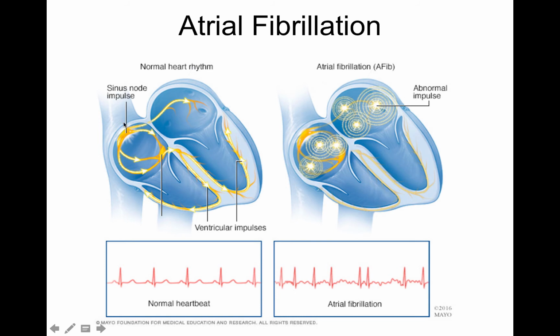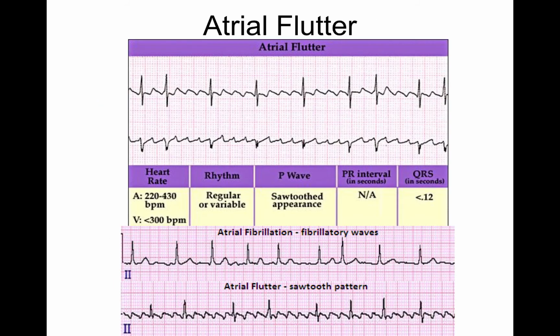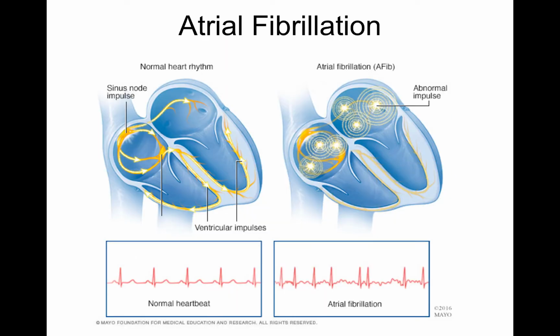So normal, SA node for sinus rhythm, everything looks good. Atrial fibrillation, the atrias are having a freaking seizure, and they are just going crazy, and they're trying to fight for their impulse. One thing that I want to talk about too, not to get confused with atrial fibrillation, is something called atrial flutter. Atrial flutter is pretty much the same thing or same pathophysiology. However, it's